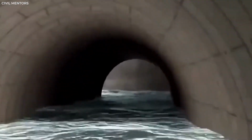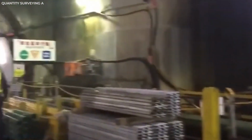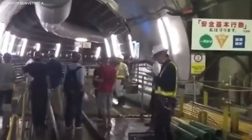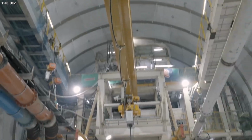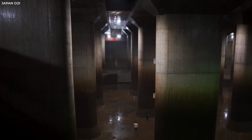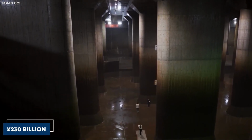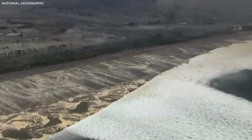Thanks to these tunnels, more neighborhoods are considered safe for growth, paving the way for new investments and development opportunities. Of course, the project came with a hefty price tag. Constructing the giant silos and tunnels required 14 years and cost an estimated 230 billion yen, a figure that raised eyebrows when first proposed. But local leaders argued that these expenses would pay off over the long term by reducing